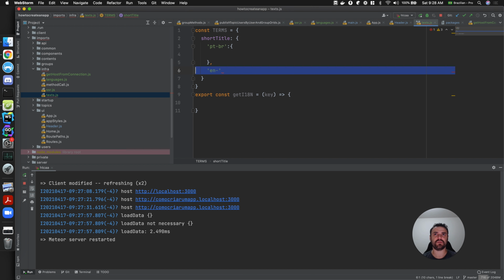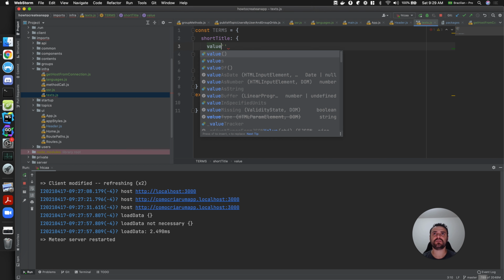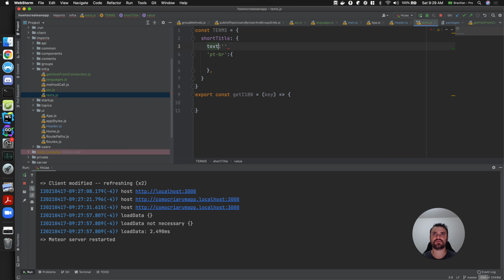Or English can maybe just be the default, so we don't need to specify anything here. It could be, let me see, value here, or text and text. I don't know if you need all this, but that would be the idea. Then I have a text, and it's going to be how to create an app, and it's going to be